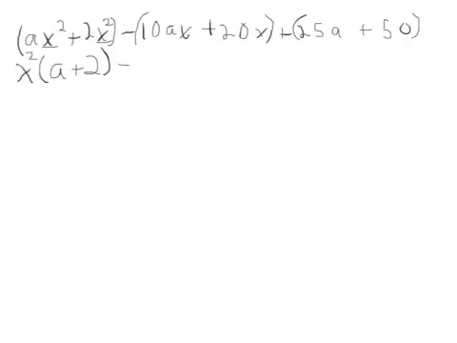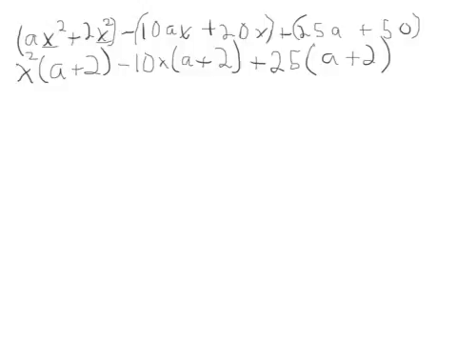And then over here I can pull out a 10, and I can pull out an x if they have in common. So I'm left with an a plus 2. And then over for the last group of terms, I can pull out a 25 that they have in common, and I'm left with, once again, an a plus 2. Now notice how they all have an a plus 2 in common, right there. So what I can do is I can pull those a plus 2's out,